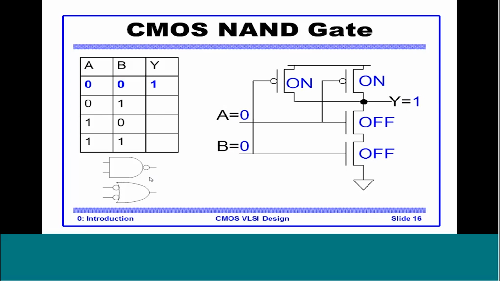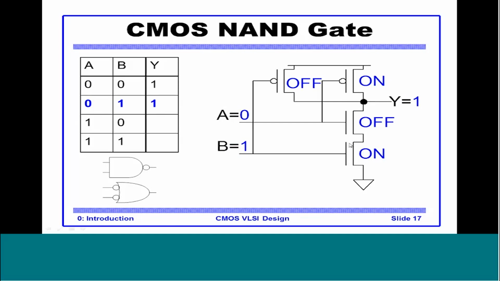Whenever both A and B are 0, in the pull-down circuit both NMOS are off and both of the PMOS are on. So the output is 1. Whenever any of A or B is 1,